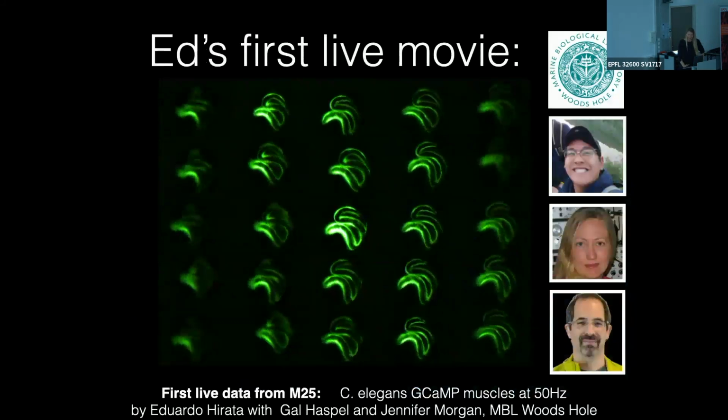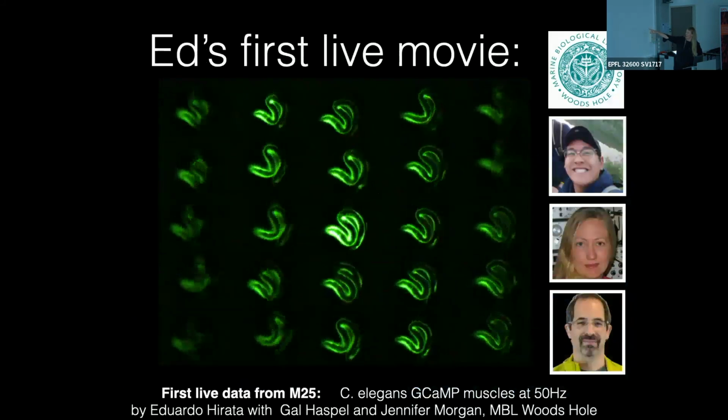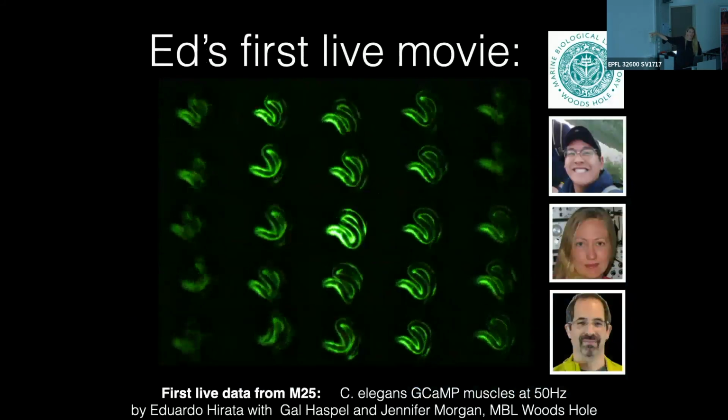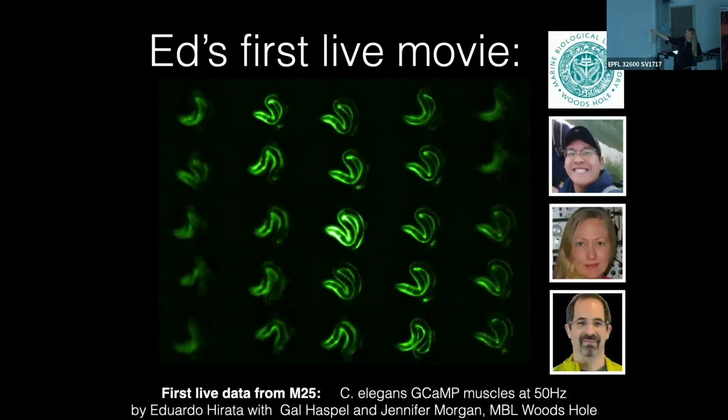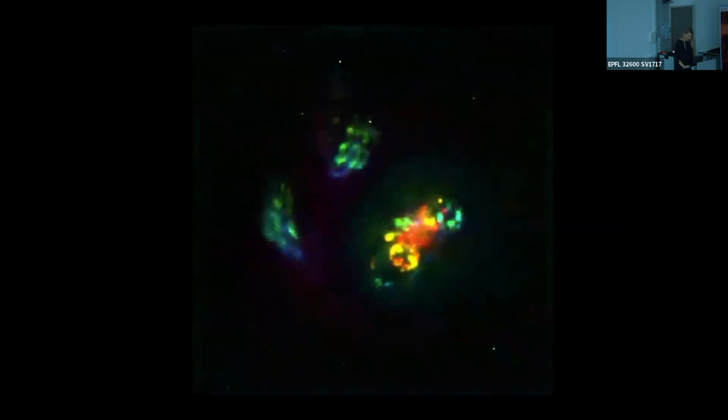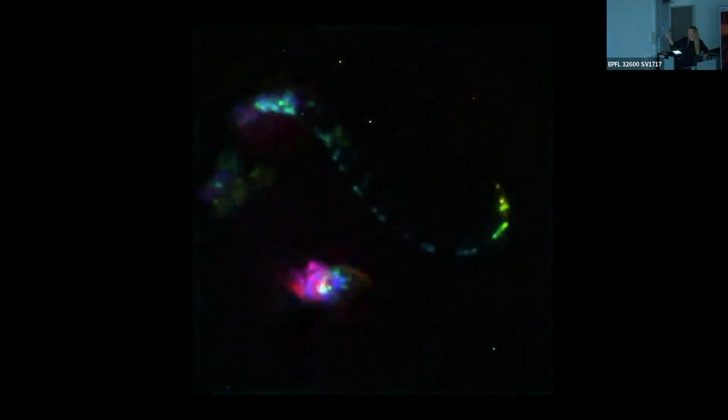The very first movie, here the frames are not synchronized yet, was with muscle GCaMP in C. elegans with Jennifer Morgan and Gail Haspel. Even after seeing this, they had patience with us, and they kept imaging with us. And we also imaged these pan-neuronal C. elegans. So the hope is now that, in order to publish this, we could just publish this as a method,